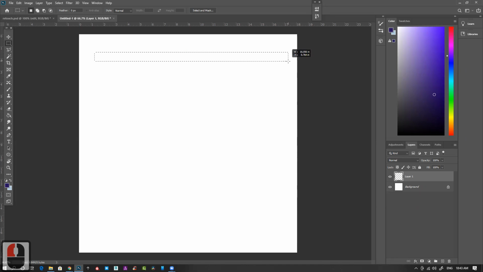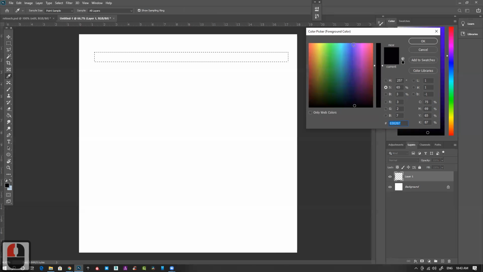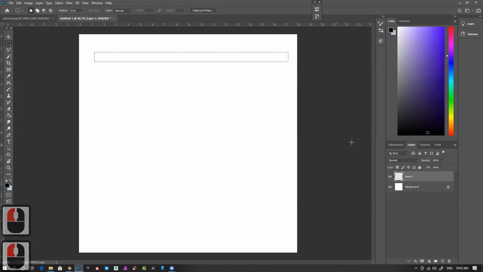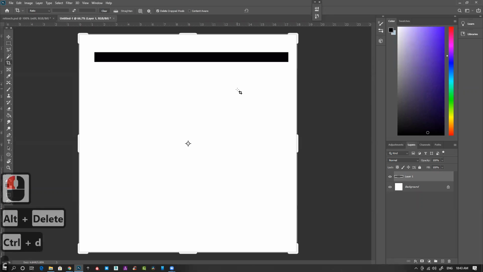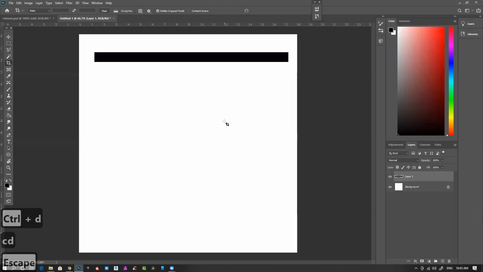So let's create this, and let's select some black. I select color. I can click on this, and from this color picker I can fill, or from here also I can select any of the colors. Alt delete, fill that selection. Control D. Then sorry,